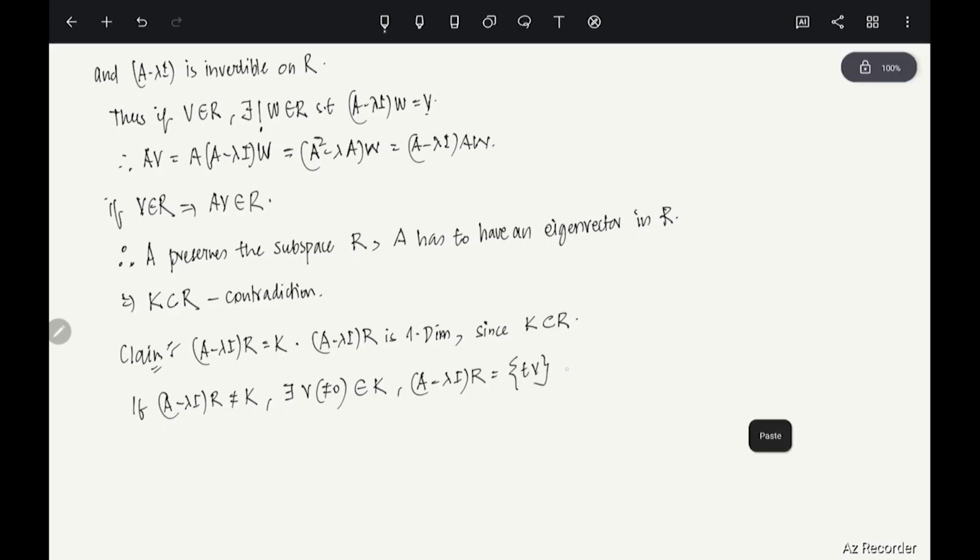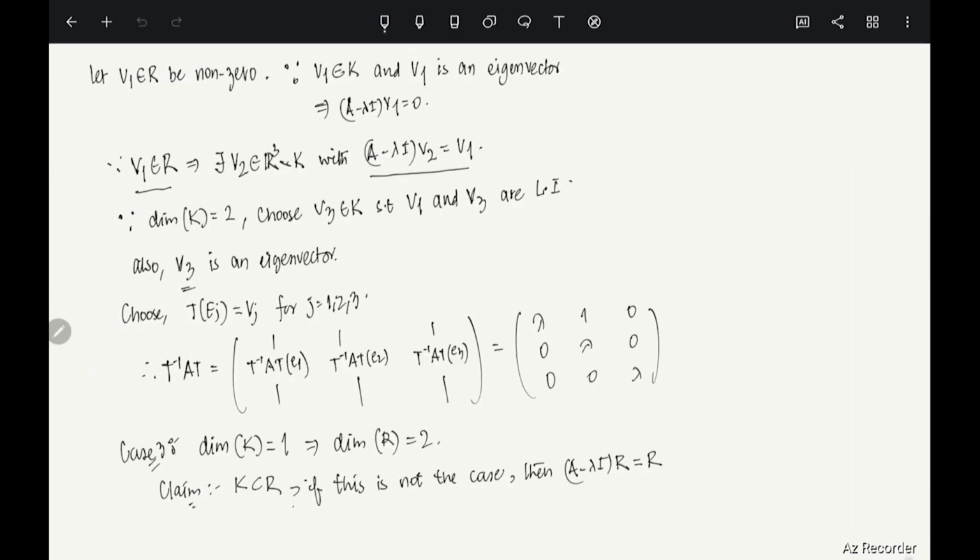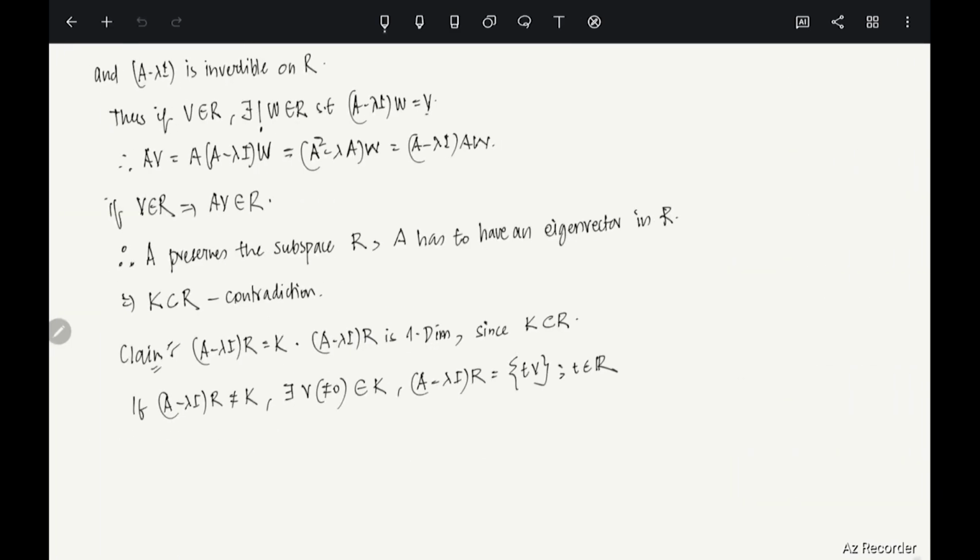T is in R, let's say. Clear? See, here we have assumed the dimension of K is 1, right? So that is why A minus lambda I times R has to look like T times V. Clear? Okay, so if this is the case and T is not 0, then that will imply that